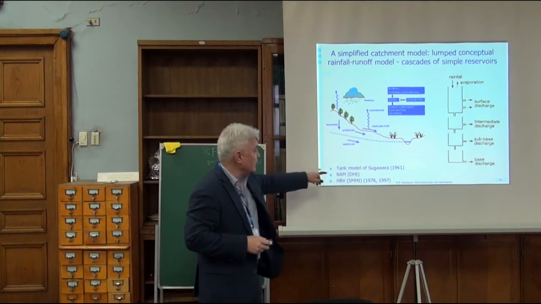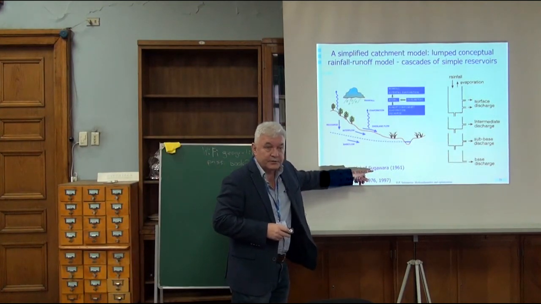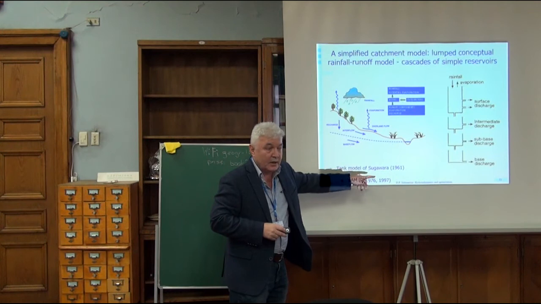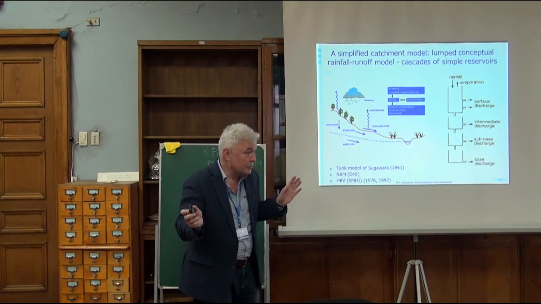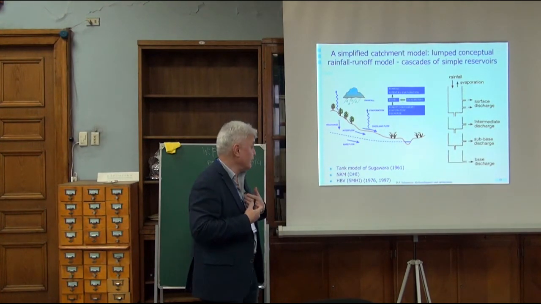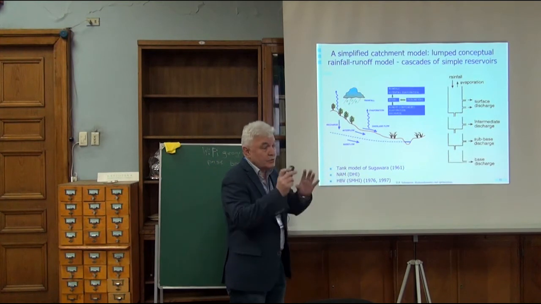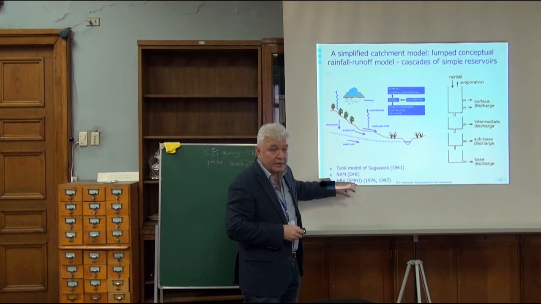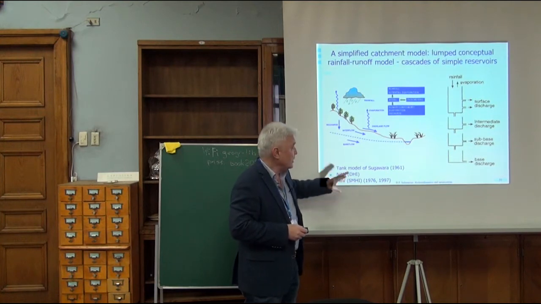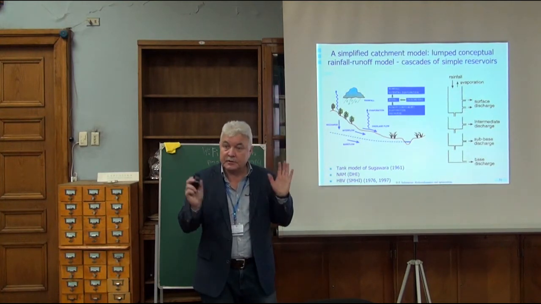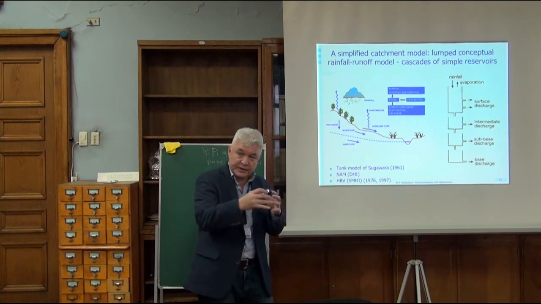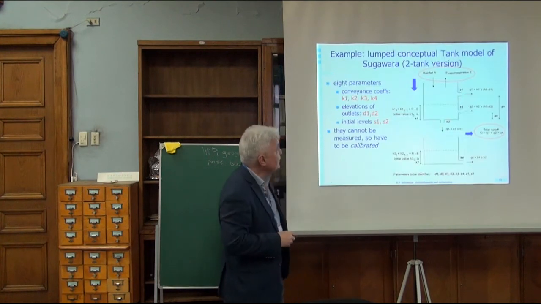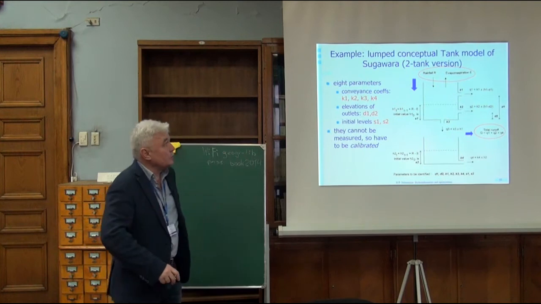But also the tank model of Sugawara, which was developed in 1961, one of the first models. I'm sure in Russia there were also similar models developed, I just don't know of them. NAM of DHI is also a simple model, and HBV developed in Sweden, widely used in Europe. Snow melt is not very well represented, but okay. Other scientists write up components. And so this is a tank model of Sugawara, which we used